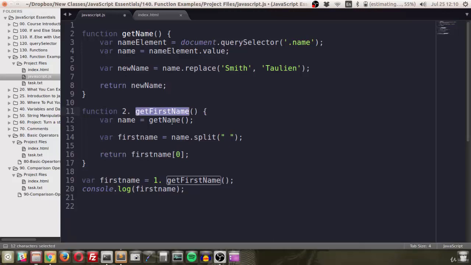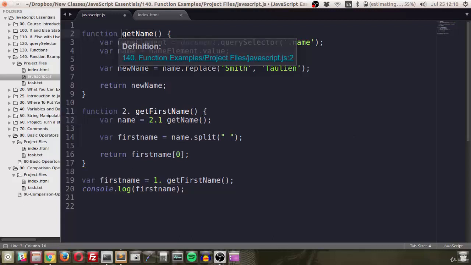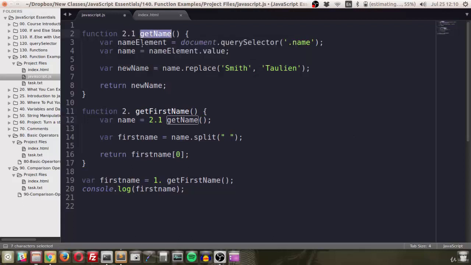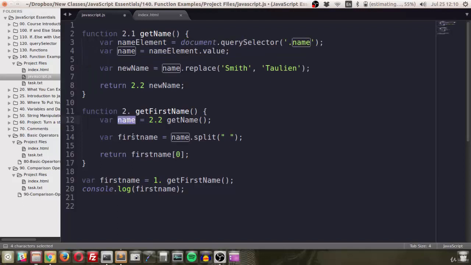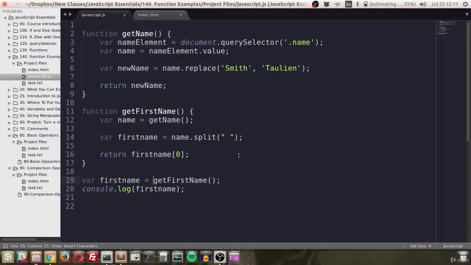would technically be here. Now, while step 2 is running, it's going to try to get this one. So this is step 2.1. And let's marry that up, 2.1, and it's going to return whatever is in here. So 2.2. Now this changes to 2.2 because the name is whatever is returned in here. It's going to execute all this code for you. It's going to return what's in here, throw it into this variable called name. We split it, we return the first value. And now we have two functions that are operating together, and we don't ever have to write this code ever